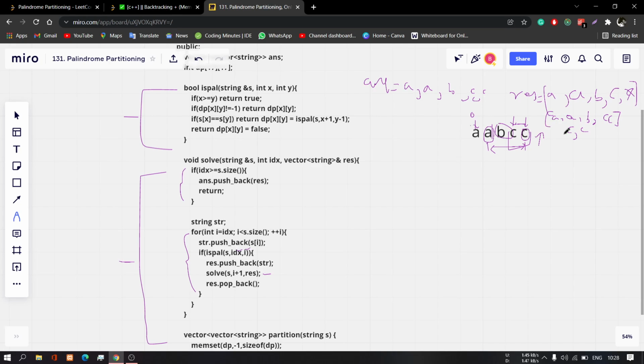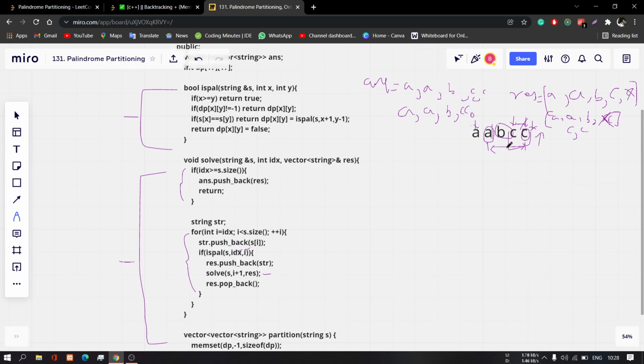Okay, so this is also one type of array, and this condition again gets true, so we just simply push this one also here inside. So this is another answer. Now the I will point here. If we backtrack, this will point outside the string. So this for loop will get finished, and we just simply return to our previous call.